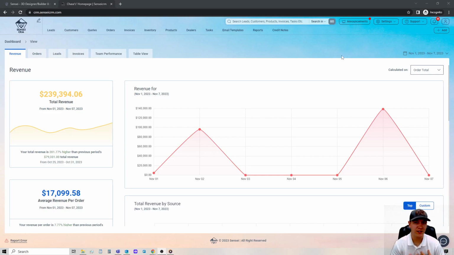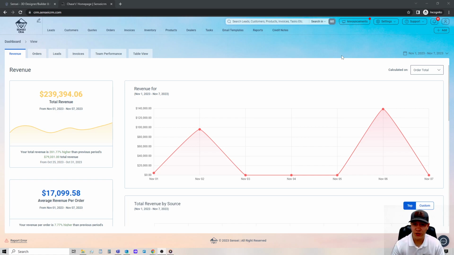My name is Chase, and in today's video, I'm going to be showing you the round robin lead distribution. Now, for those of you who don't know, Sensei makes it easy to assign leads, right? We can do it based off of batch size and the source in which the lead comes from. So without further ado, I'm going to go ahead and show you how you guys at home can set this